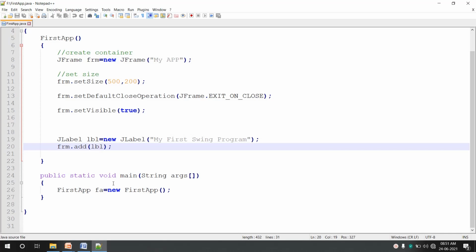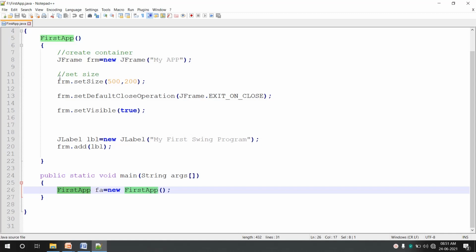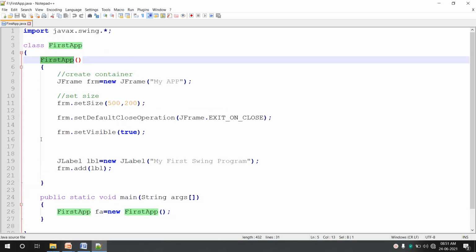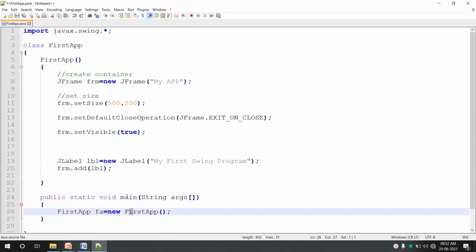If you look at the code here in the main, we are actually creating an object of a class first app. That means whenever we create an object, the constructor is called, that is first app, and this constructor includes the GUI code which is used to create the GUI. So that simply means the GUI here is created on the main thread. Inside the main we are executing it. So main is creating the GUI here,